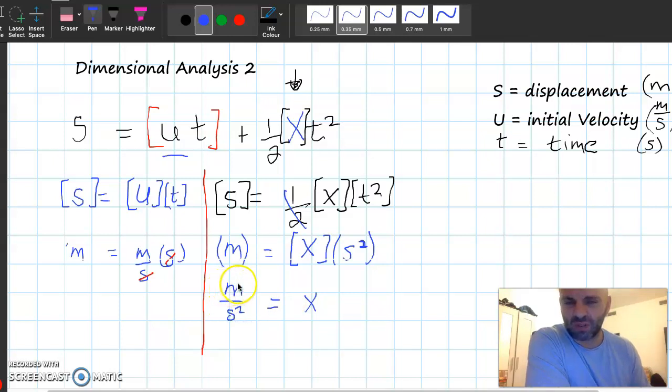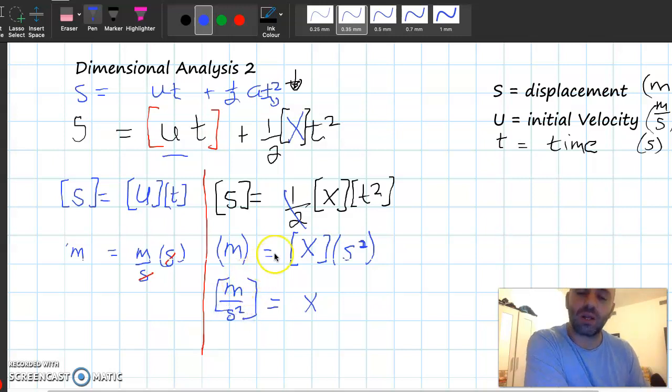And of course, you probably knew that to begin with anyway, because you probably recognize this equation as being s equal to ut plus a half at squared, and that is the unit of acceleration. And so is this. So it just turns out that in this example, the x was a unit of acceleration. Okay? But I suppose the key point from this was that if you have a coefficient or some multiplier on the front of a number or front of a quantity, it makes no difference to the units. Okay? It makes no difference whatsoever, so you can just forget about that completely, and you can deal with it in the same way as